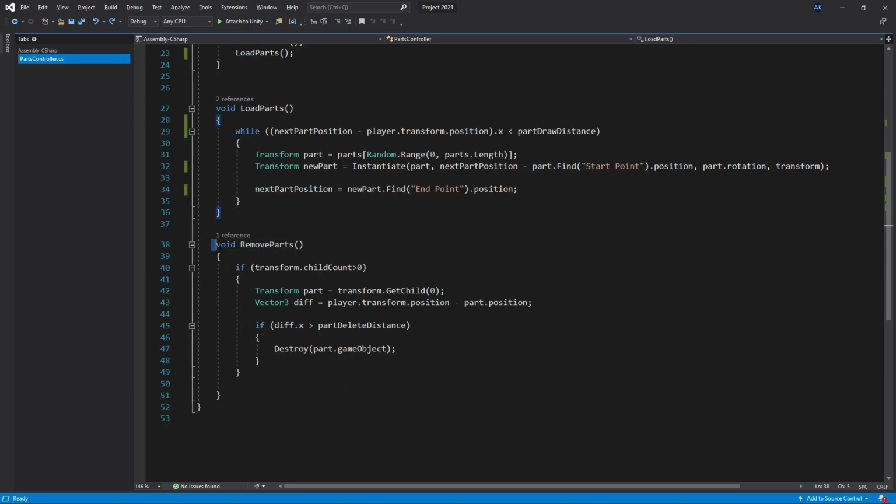And right here, I have the method for removing the part. So right here at the top, I check to make sure that this game object actually has children. So if there is a children, then I continue with the logic of getting the first child of this game object. And that will be the first part in the scene. So that's the part that I would check if I need to remove it or not. I calculate the distance or the difference between the player and the part position. And then I use that vector 3 and also get only the X value of that difference to compare it with the part delete